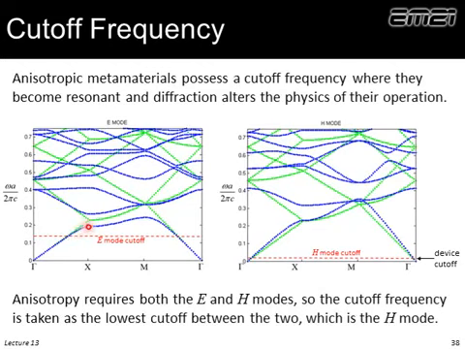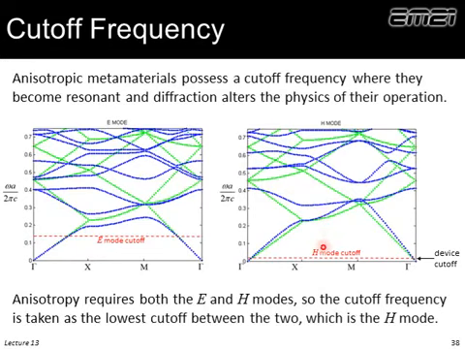So when the blue bands deviate from the green bands, that means we're starting to get some kind of resonance within the lattice. So I'm looking where the green line starts to deviate from the blue bands, and maybe somewhere around 0.15. So I would say that's the cutoff. Above that, we have something more acting like a photonic crystal. Below this, we have something acting more like a metamaterial, a non-resonant phenomenon happening. This is the E mode, as we discussed last semester.